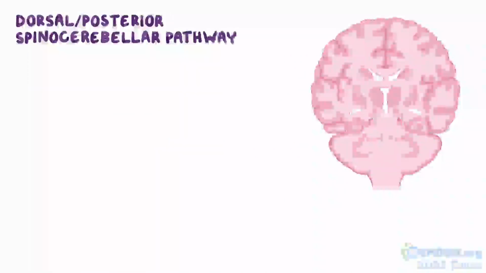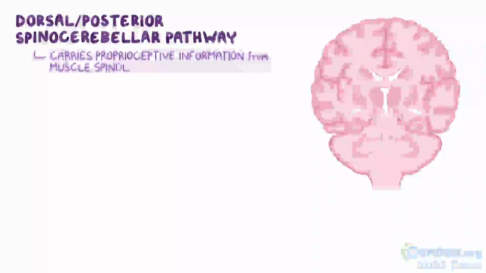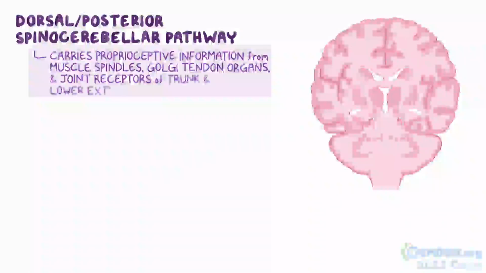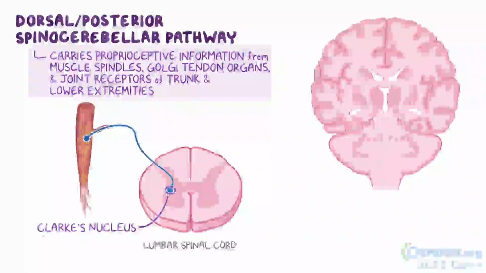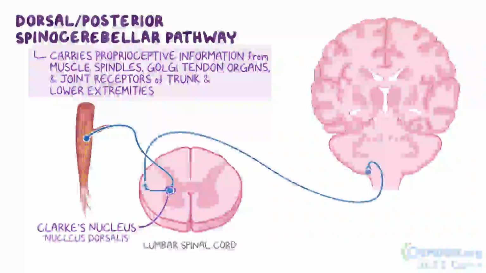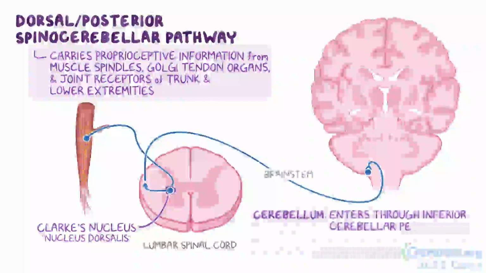Next is the dorsal or posterior spinocerebellar pathway. This pathway contains fibers that receive proprioceptive information from muscle spindles, Golgi tendon organs, and joint receptors mainly found in the trunk and lower extremities. This information enters the spinal cord from peripheral nerves and the signal synapses on Clark's nucleus, or Clark's column, also known as nucleus dorsalis. Instead of crossing over after they synapse, the axons ascend in the ipsilateral white matter of the spinal cord to the brainstem, where they then enter the cerebellum through the inferior cerebellar peduncle to reach the